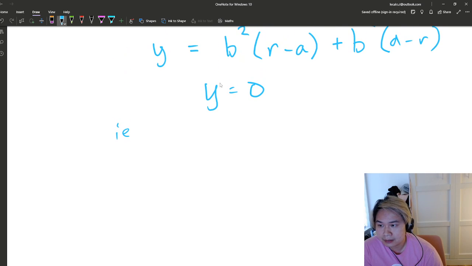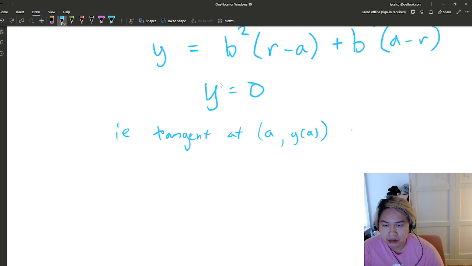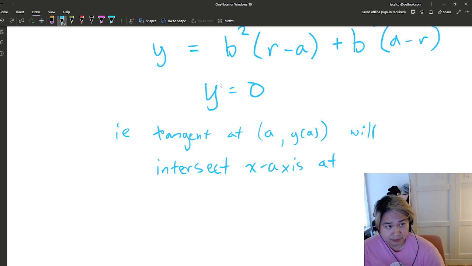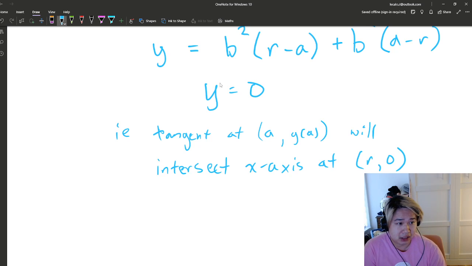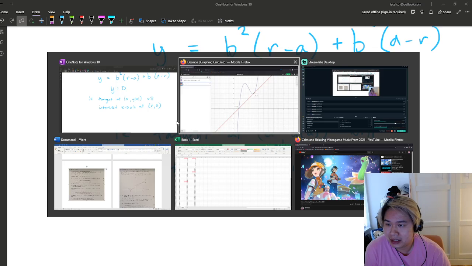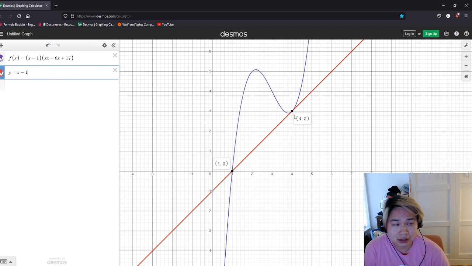Let's just summarize this, i.e. the tangent at a and g of a will intersect the x-axis at r and 0. Okay, so I think what this is trying to say is no matter what,